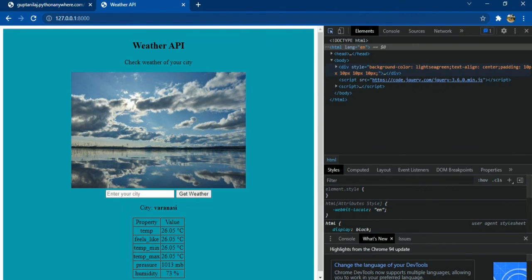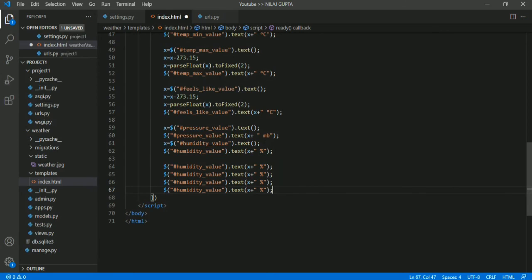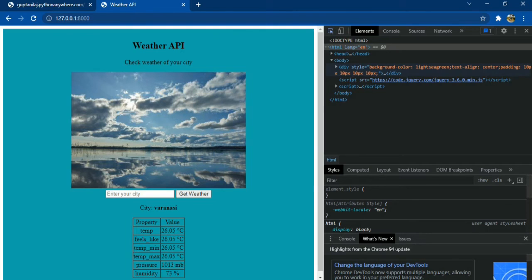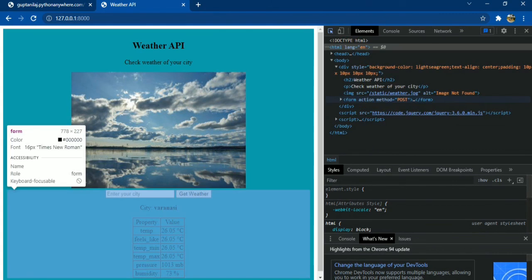So I will do that now. So temp property feels like.